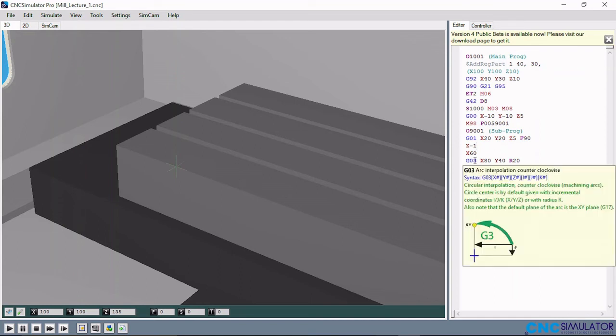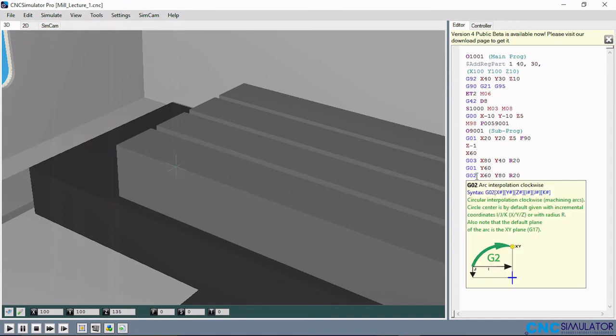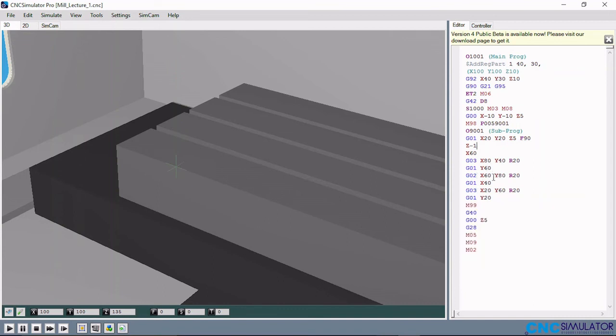X60, then anti-clockwise interpolation with G03 to X80 Y40 with a radius of 20. G01 again, linear interpolation to Y60, and clockwise interpolation X60 Y80, linear interpolation again to X40, then G03, that's counterclockwise interpolation X20 Y60, then R20, radius of 20, then G01